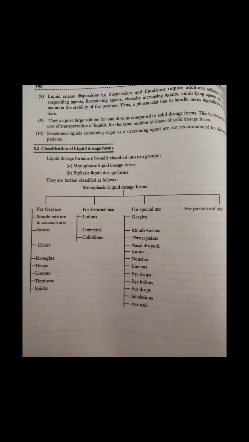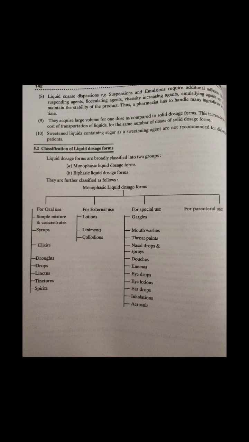In an exam, a question may come as why glycerin is employed as the most commonly used vehicle in throat paints. The answer could be that it is because of its viscous nature and sweet agreeable taste. The throat paints are made viscous so that the drug remains in contact with the mucous membrane for a long time. If they are more diluted, it could not remain in contact with the mucous membrane as it may pass into the